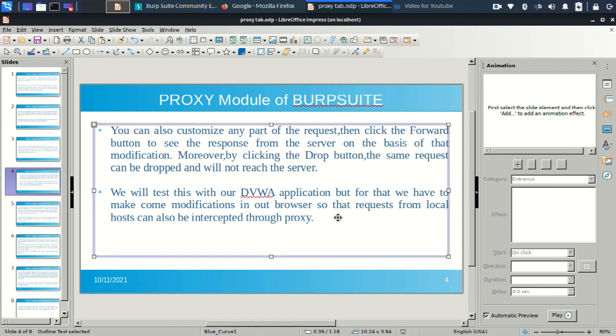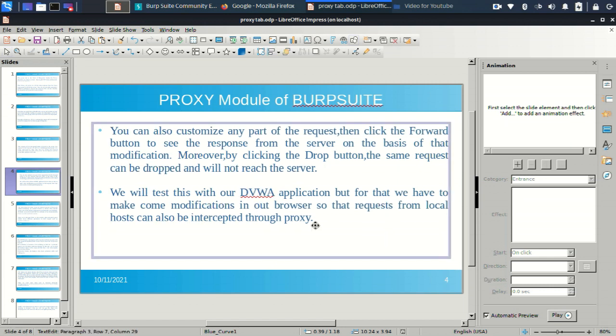It's simply illegal. So we are creating a lab, and in that lab we'll be testing all our vulnerabilities. DVWA is one such lab where a server or website will be installed, which consists of all sorts of vulnerabilities, so that you can test each and everything one by one.